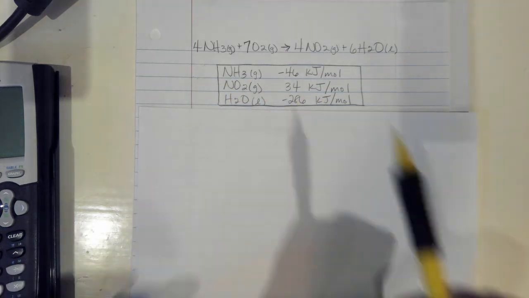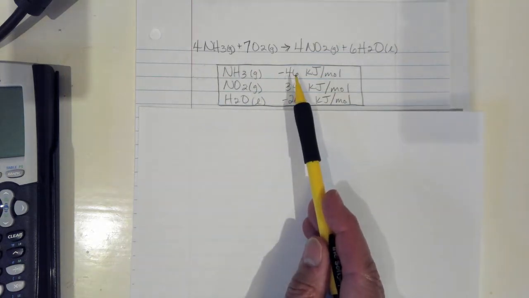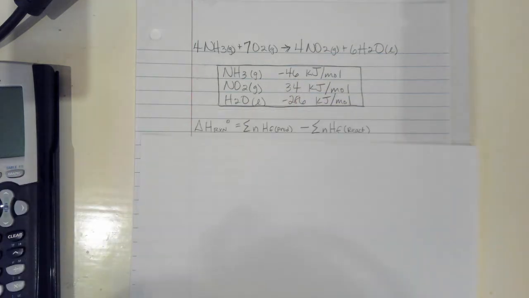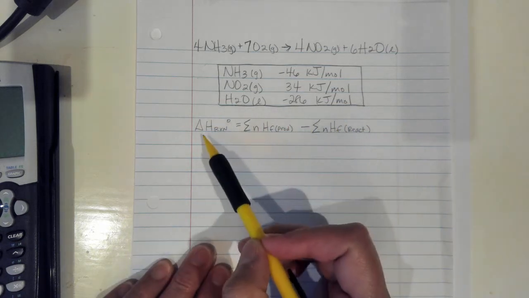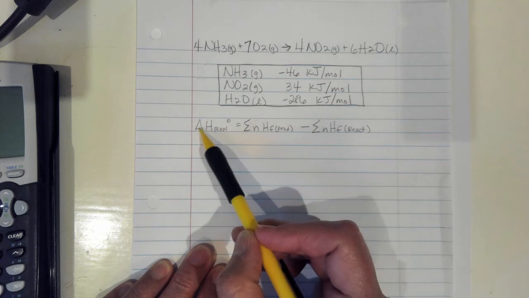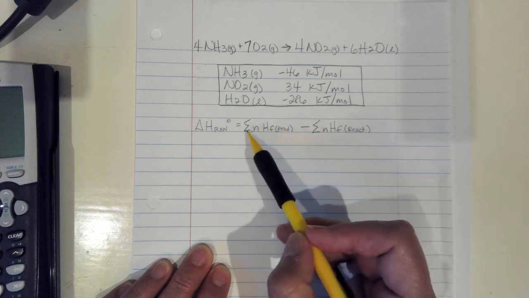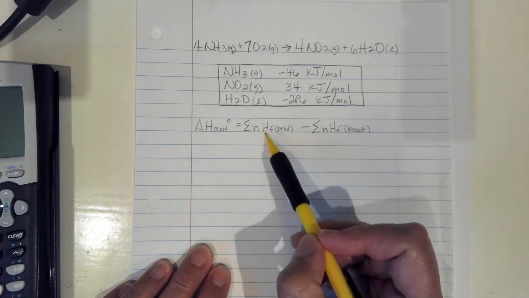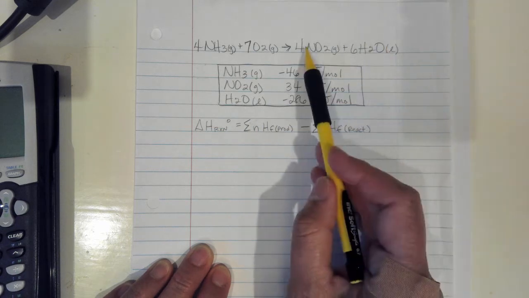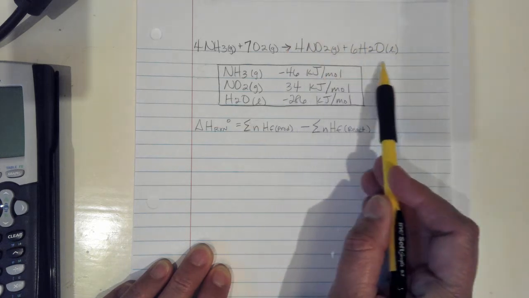All right, so in order for us to calculate the total amount of heat either gained or lost in this reaction, the enthalpy of the reaction, we're going to use this formula. It looks kind of weird, but let's walk through it. We have delta H, which is the change in heat of the reaction. To calculate this, we need to know the sum. This is the Greek letter sigma, and it means sum. So the sum of the heats of formation of the products. Here are our products, so we're going to find the sum of all of this heat that's stored here,